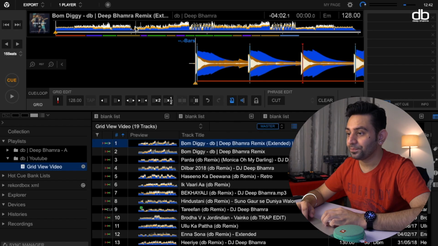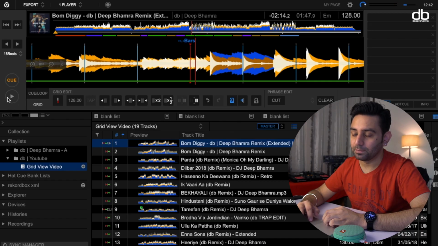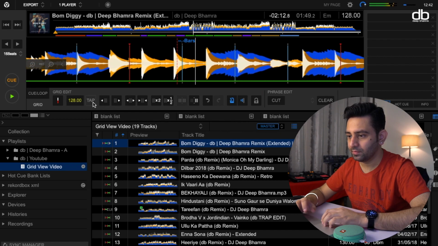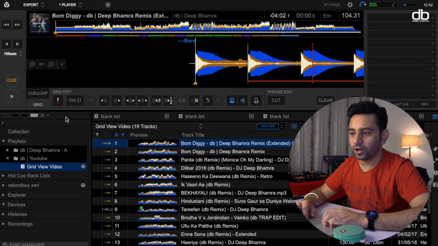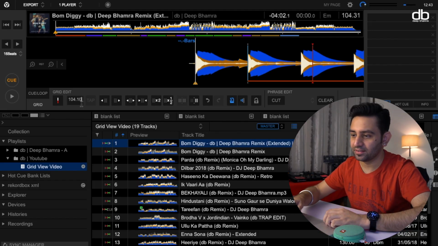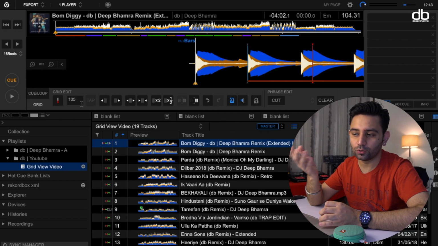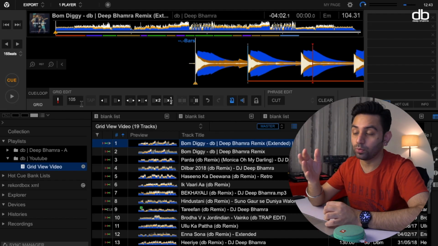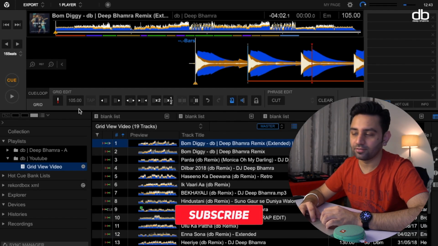And then in the middle, you can go back to the track where it has a different BPM, and then you can play and tap again to know the BPM of the section in between. So now you can see that it shows 104.31, which means that it is 105 or 104. But I know that it is 105 because I produced the track, so I know that it's at 105. So you can try with both BPMs, but it's going to be 105. Okay, and then when you tap, you know that it's 105 BPM.